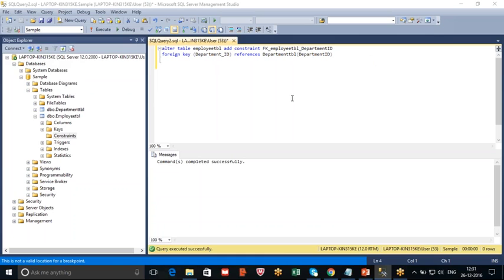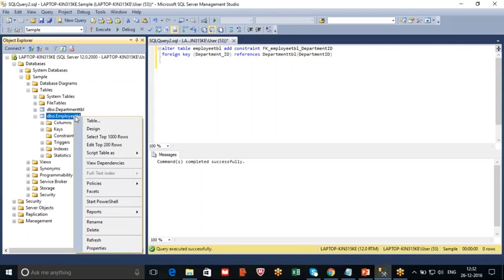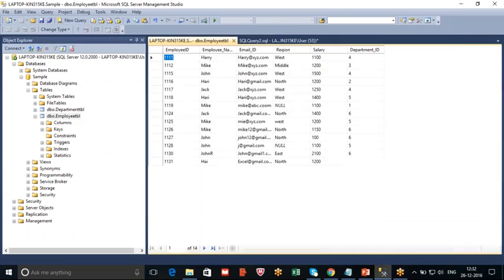Check constraints. When we want to limit something in our ranges, we use a check constraint. For example, if I open this employee table and here in this salary range, I want to apply a check constraint that the user cannot enter values in the salary column less than 0. Okay, so I will add that constraint